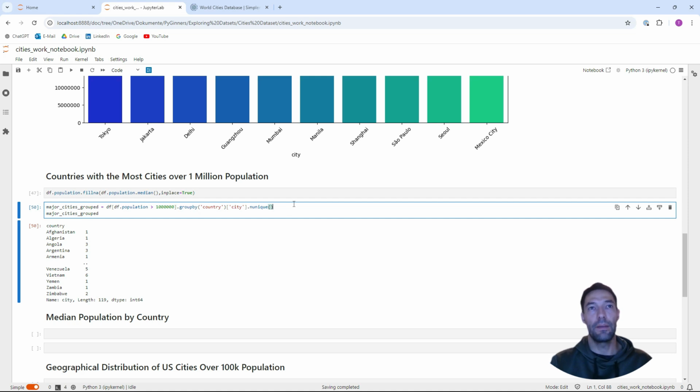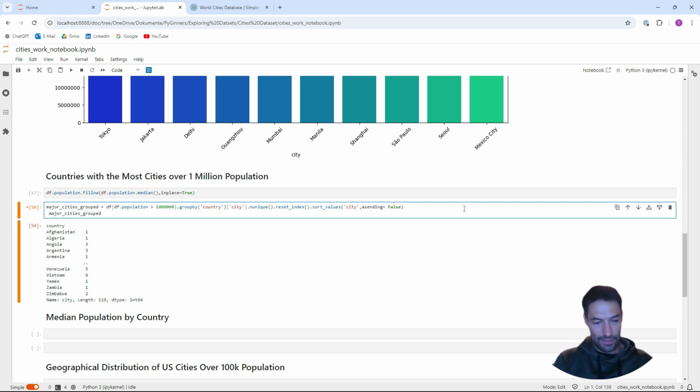But we can make this look nicer if we type in reset_index. Dot sort_values city, and we want to have the highest rank on top, so we put in ascending equals False,